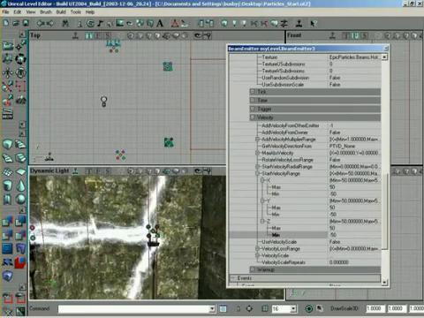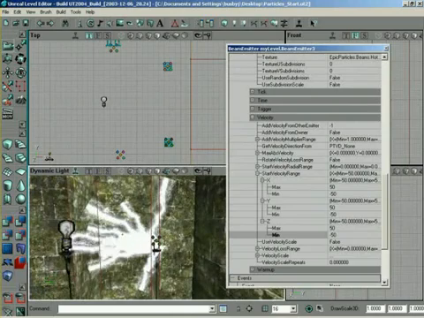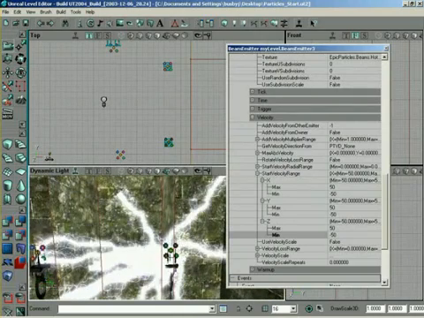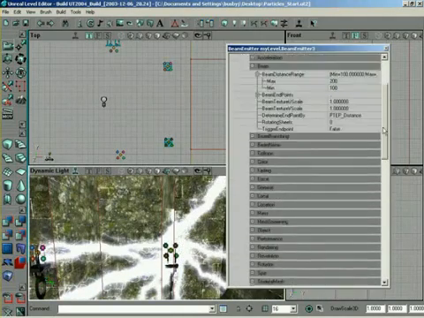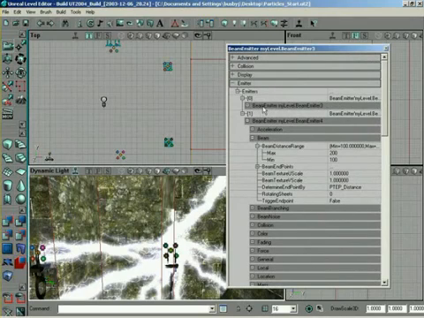Right. So look at that. Oh, very cool. So now it has stuff shooting out. Of course, it's only shooting out of the inside here. So what we're going to need to do is come back to the very first emitter we created, which is